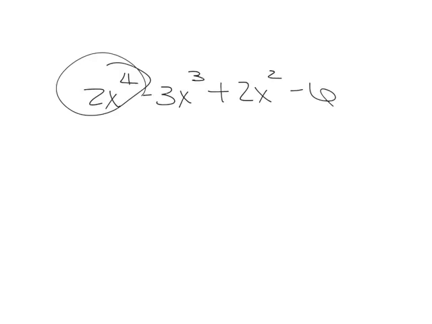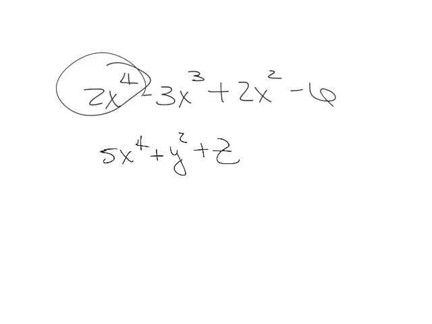Alright, so I'm going to jump to the next page, page 18, and we're talking about polynomials in several variables, and all that means is if we have something like 5x to the 4th plus y squared plus z, that's a polynomial in several variables. And the degree of a term is the sum of the exponents of the variables in that